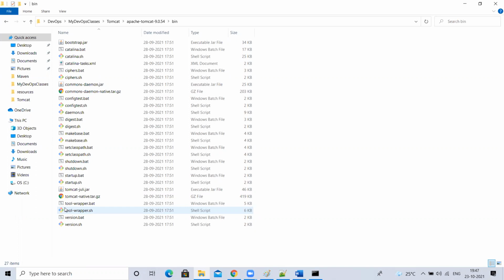We'll discuss this, maybe when I install it on Linux. For now, you understood how to stop and start Tomcat. You can double click startup.bat, or open a command prompt in the bin location and run startup.bat. For shutdown, you can close the terminal, or run shutdown.bat in the command prompt.